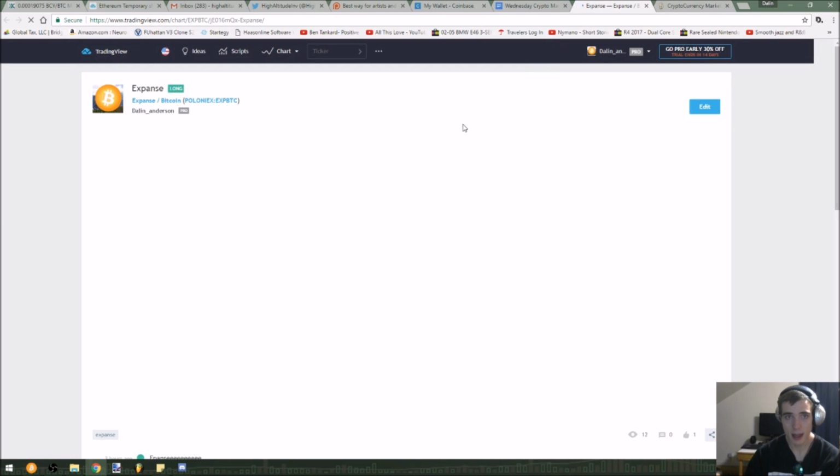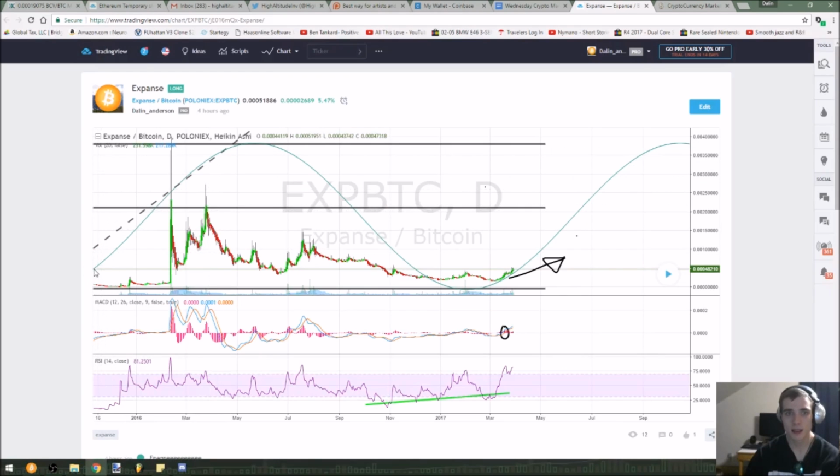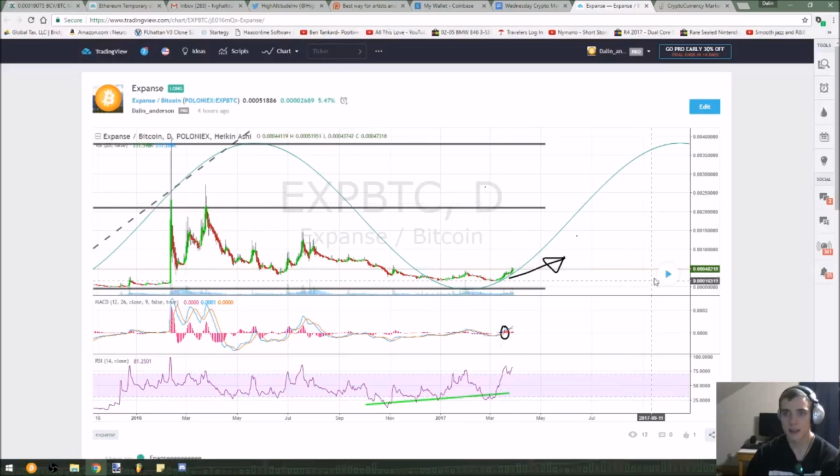Expanse, I have similar feelings to Expanse on the up move here. It's looking like a really good chart. I have this sine wave. Sine waves can be a pretty useful indication, because you can see the market was all pumping during that part of the sine, and then on this side of the sine wave it starts to fall off. You can see right here as the sine kind of starts to fall off more, and it's starting to come up. I feel like it's been following an RSI trend pretty well,